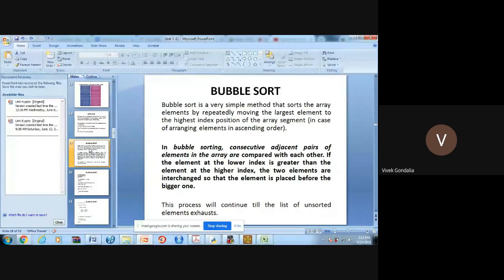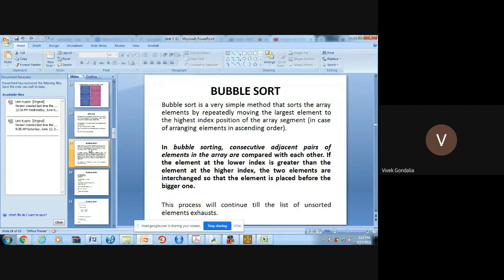So this bubble sort will do the comparison of two consecutive elements. Consecutive means in serial. Clear? So first it will compare the first element with the second. If my first element, the lower index element, is greater than the second element, the higher index element, then it will do the swapping of 1 and 2, so it will become 2 and 1.